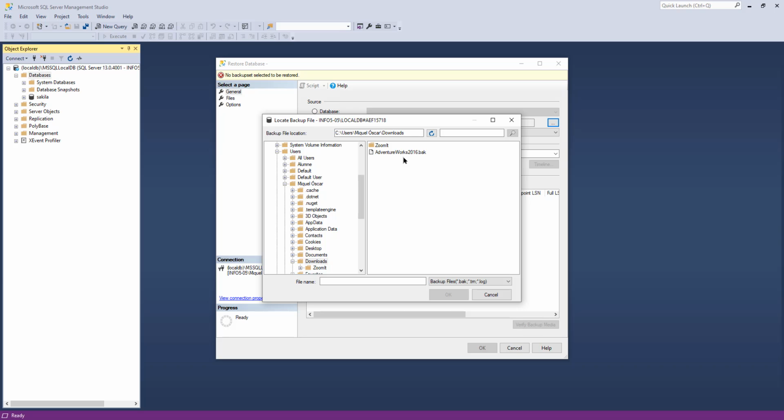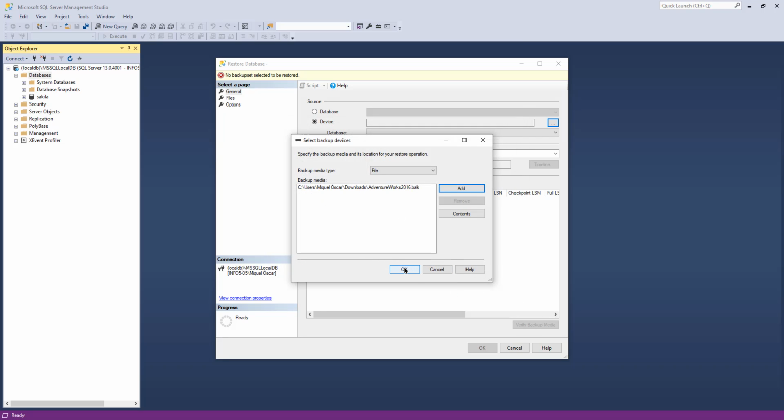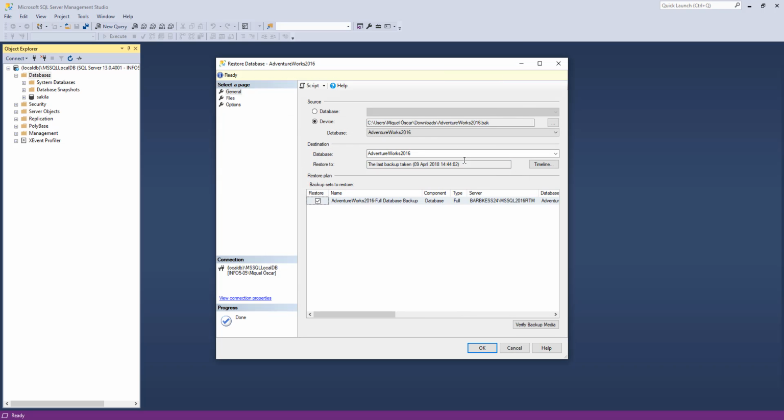So it's in Downloads, the AdventureWorks 2016.bak. This is the backup database. Opens all right. It seems everything is good. So I'm going to click OK,